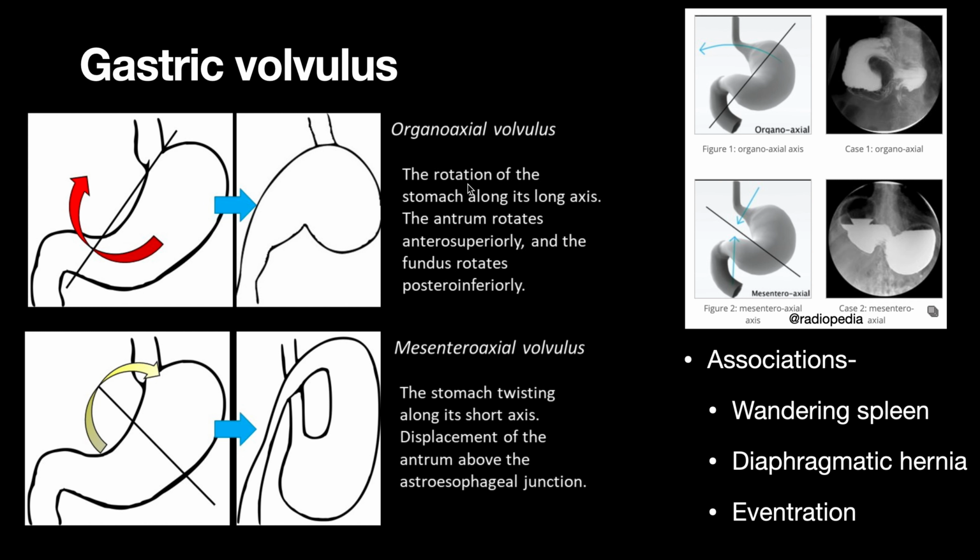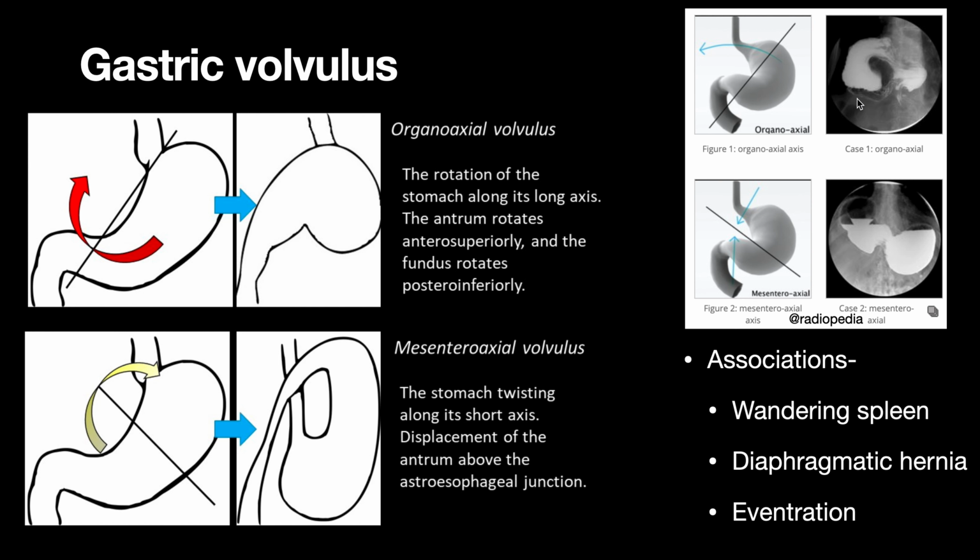There are two types of gastric volvulus, the organoaxial and the mesenteroaxial. Organoaxial flips along the plane of the organ, along the plane of the stomach. There will be a flipping and volvulus of the stomach occurs. Whereas in mesenteroaxial, at the site of attachment of the mesentery, in the plane of the mesentery, the antropyloric region flips above, and this is what gives the appearance of mesenteroaxial volvulus. Organoaxial volvulus is more common than mesenteroaxial volvulus, which we should remember, but in our case it is a mesenteroaxial volvulus, which is not so common.